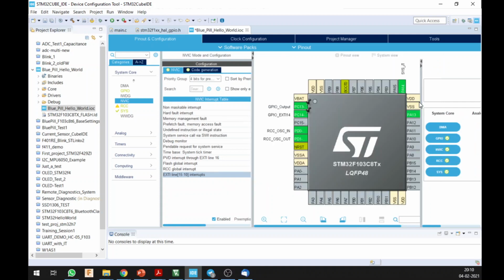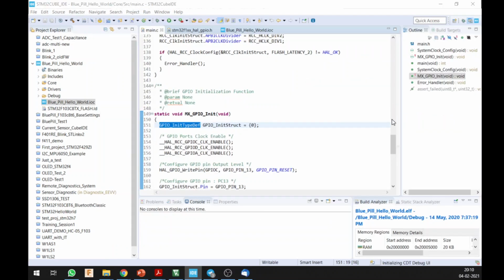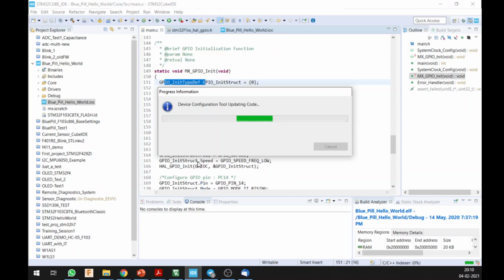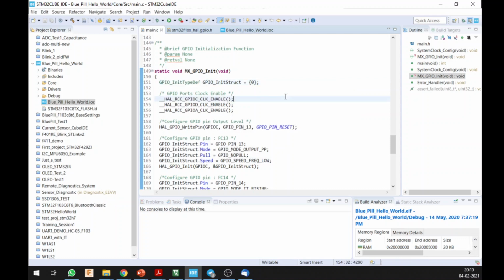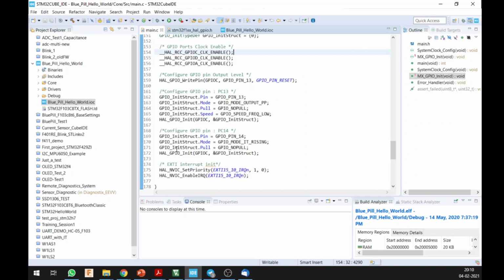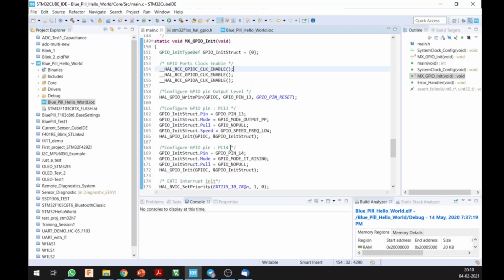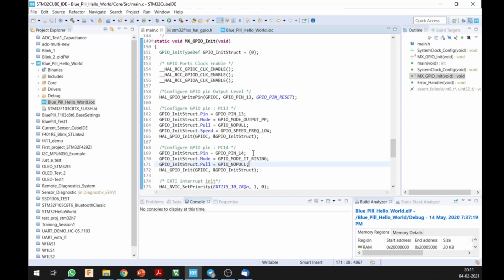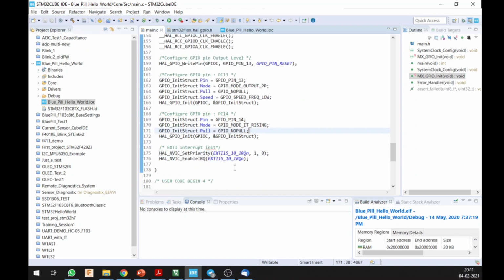Alright, I just save this, and once you save this, it is now going to add new lines of code inside your main.c. It is also going to initialize this as a general GPIO input pin, and then also set it as an interrupt. So I did this, and I have the PC14 pin that I just set to an interrupt pin. It is basically an input pin, because your input is going to trigger an interrupt. Once you pull this up to high, it is going to invoke an interrupt.